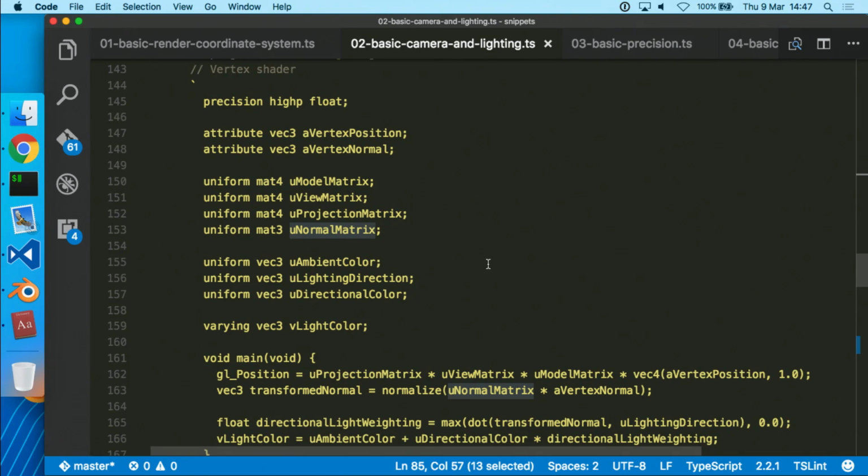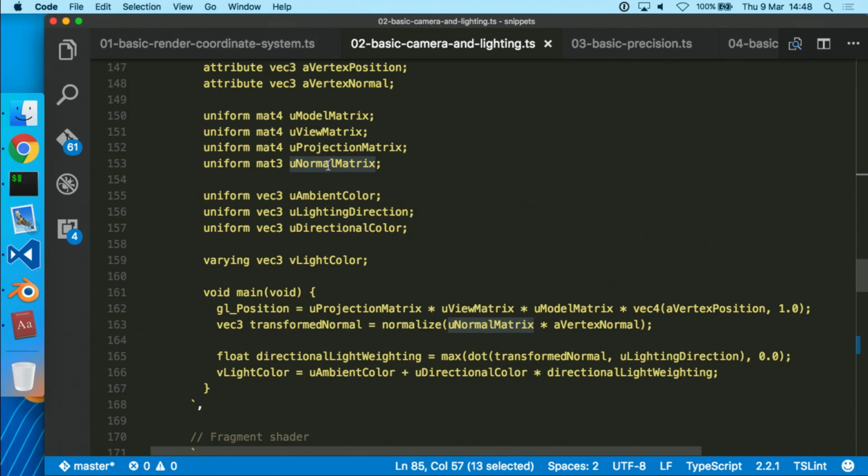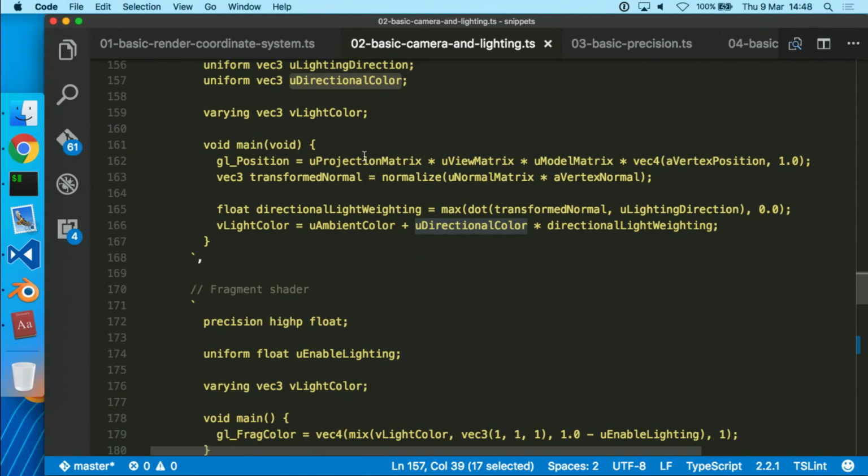So let's look briefly at the shader. It gained a couple of uniforms for the lighting. So we have the normal matrix, ambient color, lighting direction, directional color. And then what we're going to do is the same thing. So project it. We're going to multiply the normal that we stored also in the vertex attribute by the normal matrix, normalize it, and then use it here to do the lighting equation. Right? This is what I showed in the snippet. Output the light color, and that's